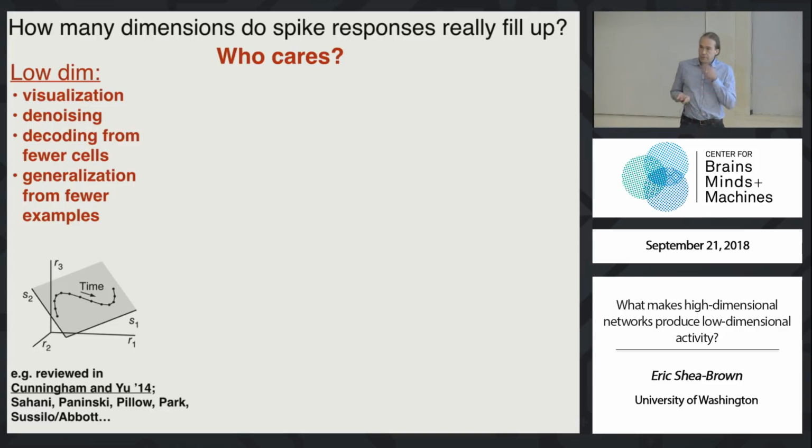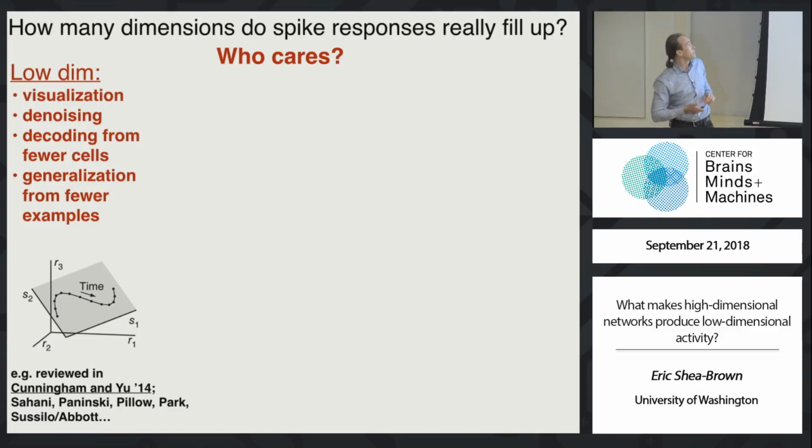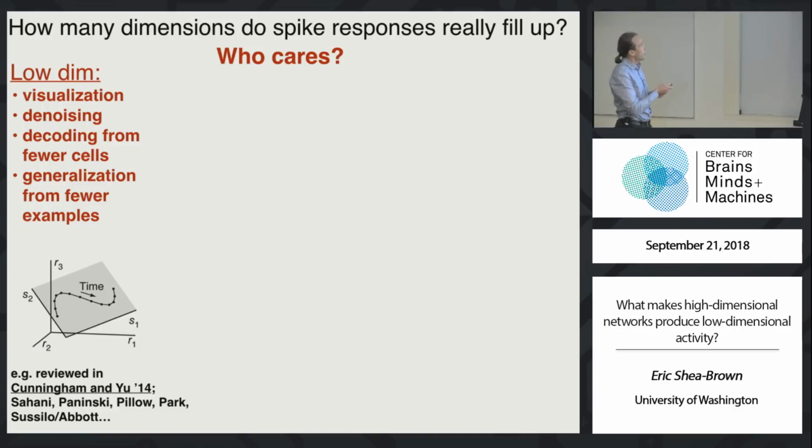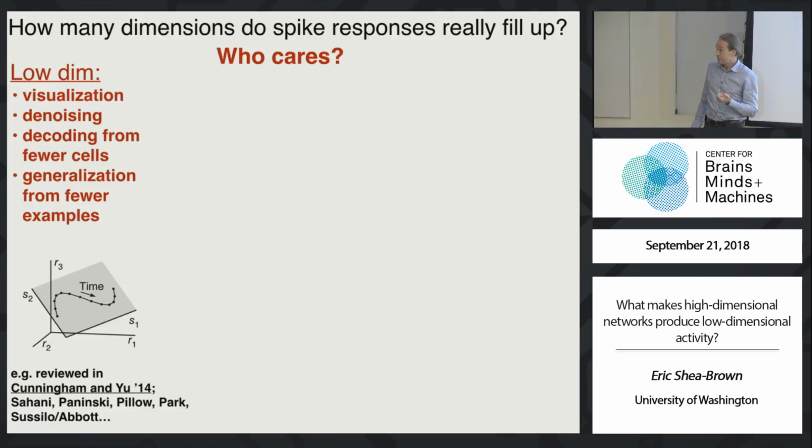But things get a lot deeper. Think about denoising. If what's really happening is that these data lie on some low-dimensional set, and I've got a lot of noisy neurons working together to represent just a couple of variables, fluctuations in those individual neurons can cancel out and give me a much more accurate representation of the variable at hand. Likewise, if I as an experimentalist, or I as a downstream brain area, want to read out that signal, I don't have to sample from all the cells, and maybe I don't have to be particularly choosy about what subset of cells I'm decoding from.